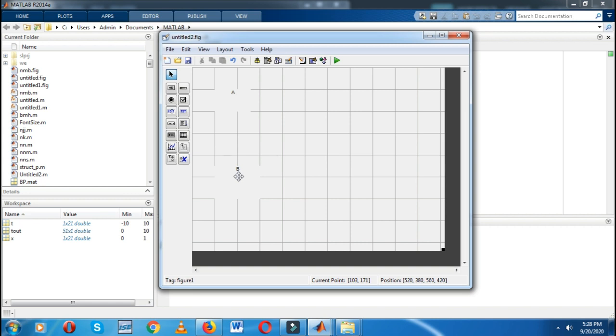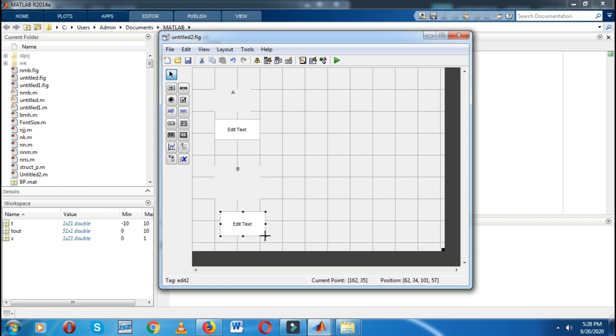So this is the edit text. Again I will take one more edit text. The main objective of edit text is that you can take a value in it. Initially you have to write a 0 in it, so that whenever we take different values, it automatically changes as per our application.